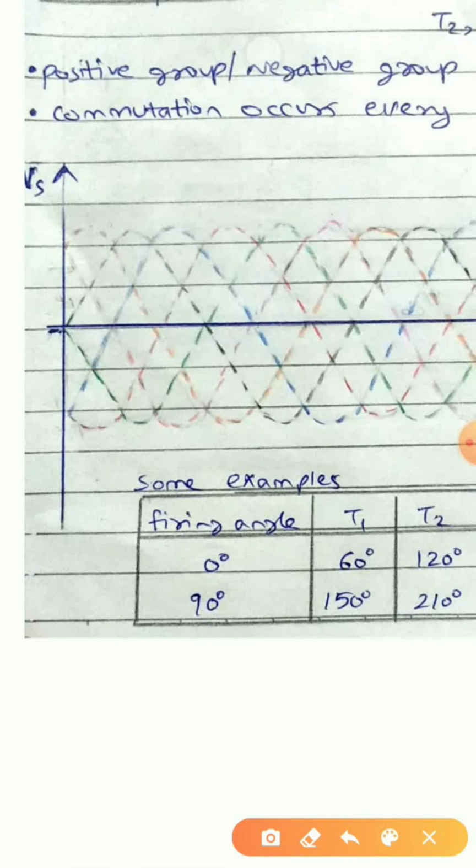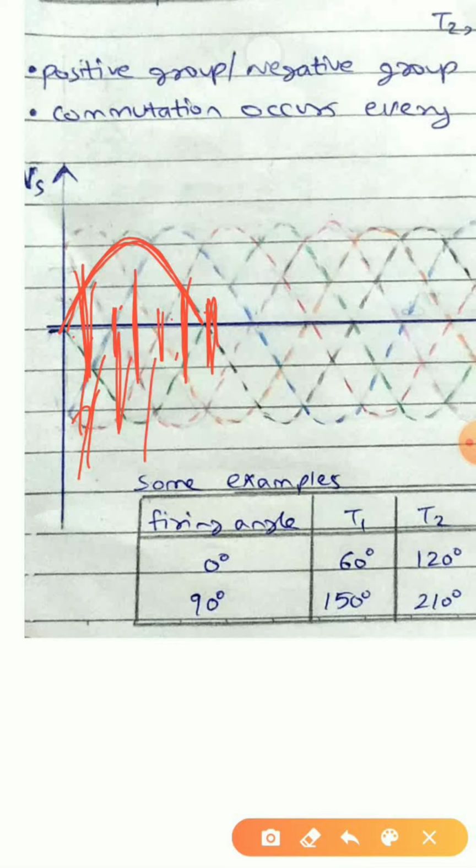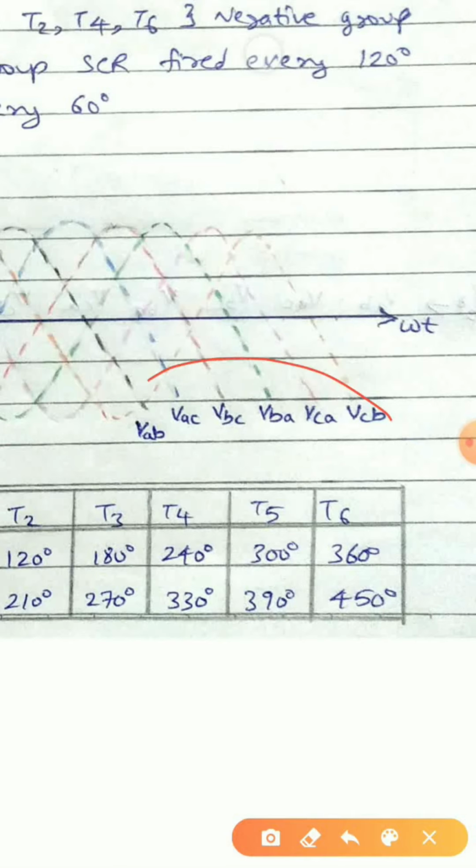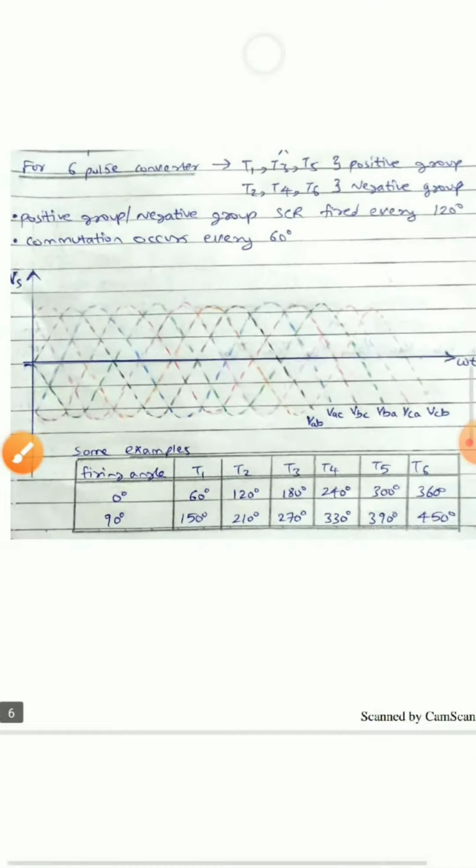Now this is my first half. It means that this is 60 degree, 60 degree, and that is 60, 120 and 180 degree I am getting. And this portion, that is the triangles connecting, this portion is 30 degrees. So this is 30, 30, 60, 90, 120, 150 and 180. So I can split my waveform into 6 halves. So here clearly it can be seen that 6 different line voltages I have tried to sketch.